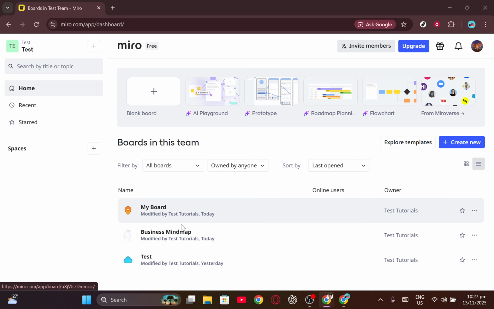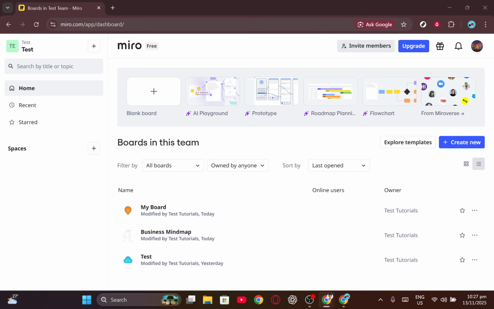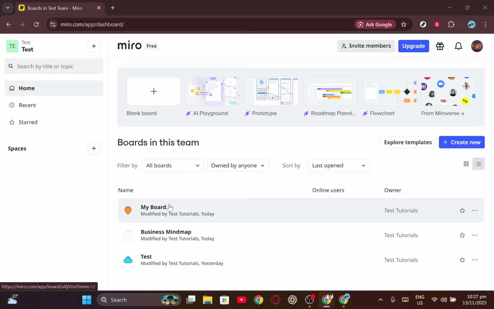First things first, head over to Miro by opening up your browser and typing in miro.com. Once there, click on Boards, which you'll find in your Miro dashboard. Here you'll see a list of all your available boards. Choose the board you're working on by clicking on it. This will bring up your board in the main workspace area where you can carry out all your edits and